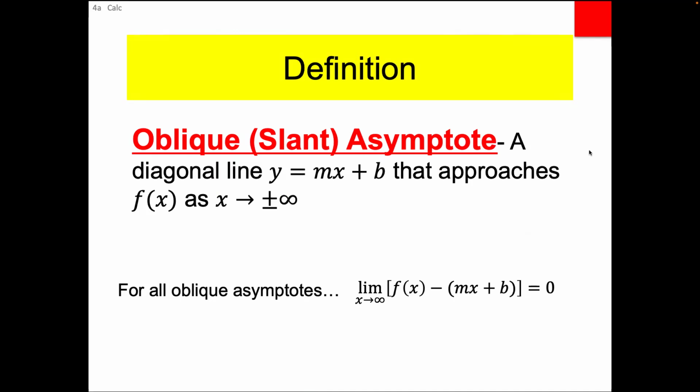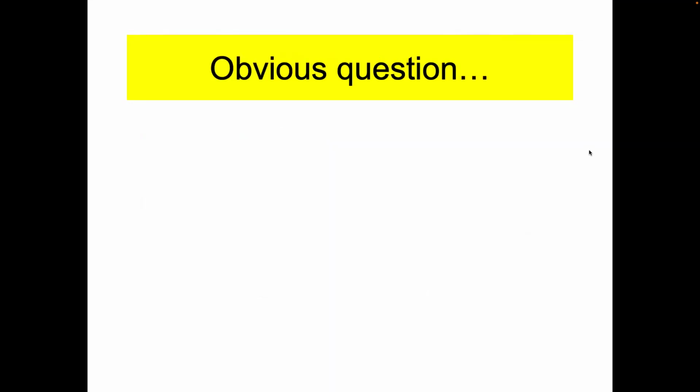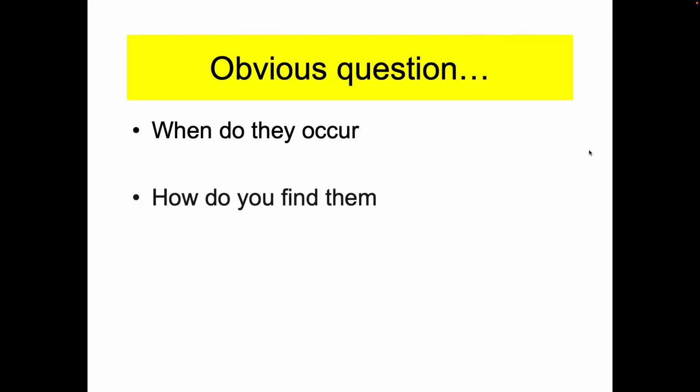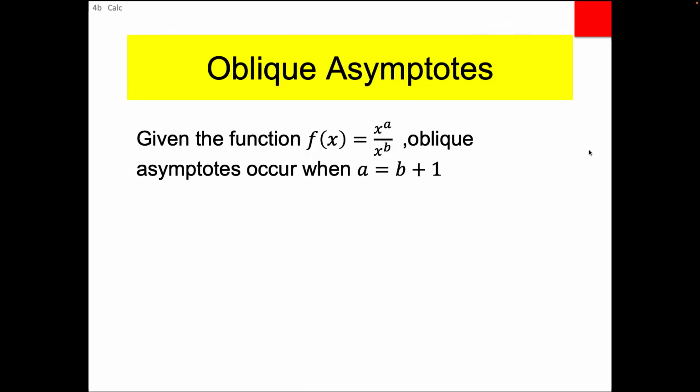The obvious question, though, is, great, that's what defines the asymptote, but how do you find it? That goes back to the pre-calc question: when do they occur, and how do you find them? All right, you ready to be reminded what you did in pre-calc? Given a rational function, where the numerator is a polynomial and the denominator is a polynomial, an oblique asymptote occurs when,